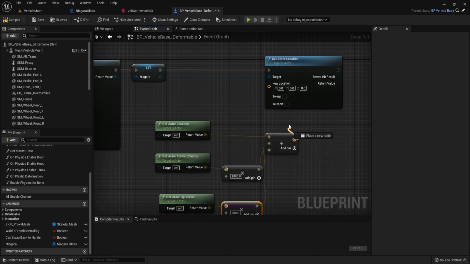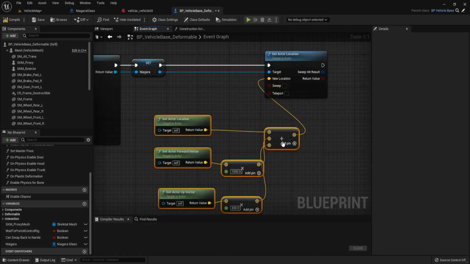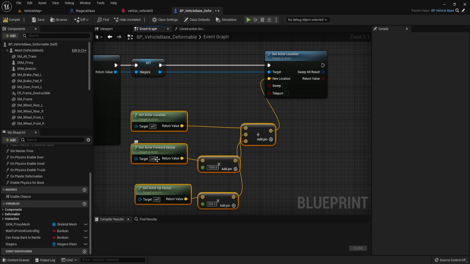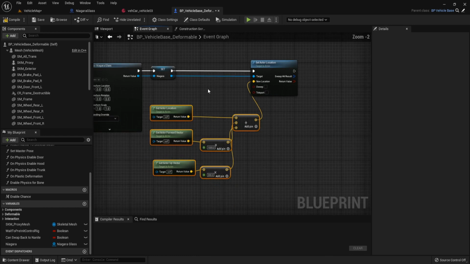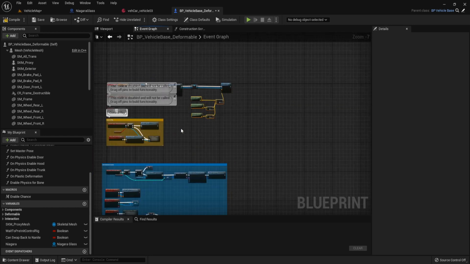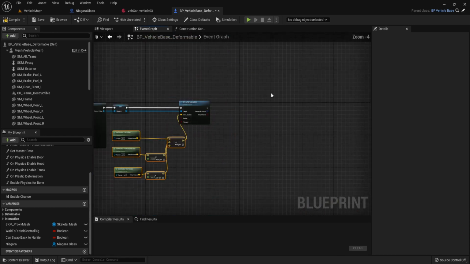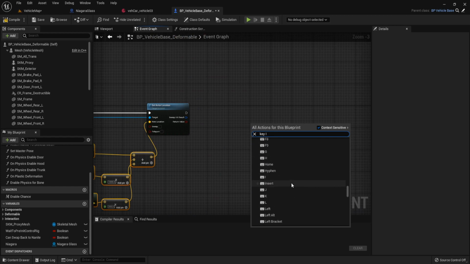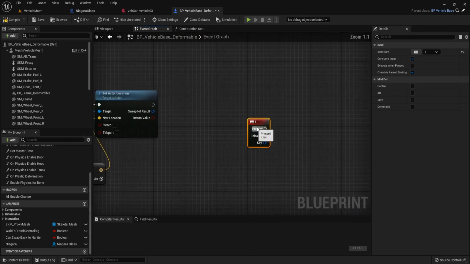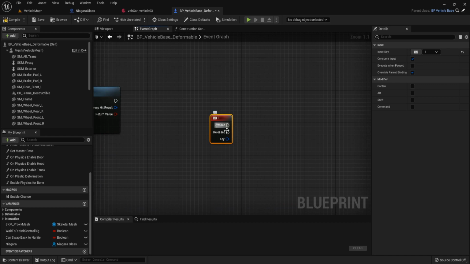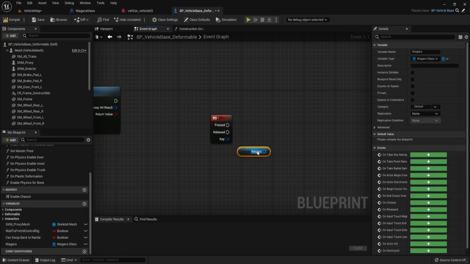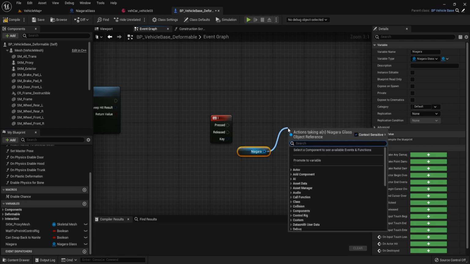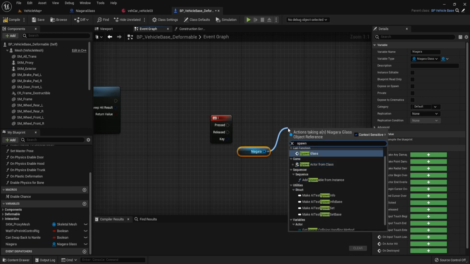We connect it to the new location because we want it to spawn in front of the vehicle and a little bit above the ground. And then find key I, this one, event key, and when we press, we get Niagara and call spawn class.